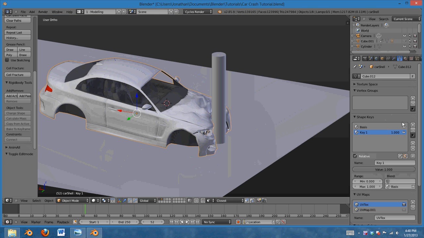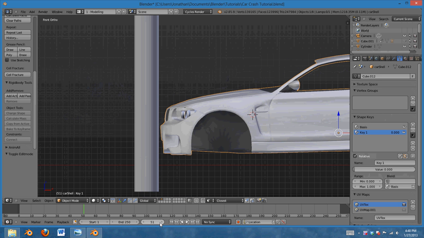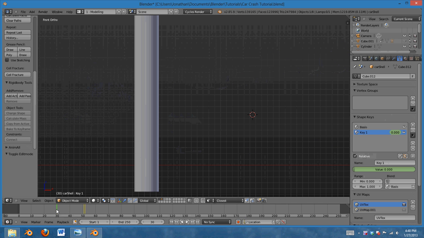So as you can see here, we can slide the damage of the car from like no damage to all the way damage. And if you remember, when we were in side view, we could see that at frame 51, there is no damage whatsoever because it hasn't even hit the pole yet. So when I'm hovering over this value, I'm going to press I, and that sets a keyframe for how much influence it has. And then on frame 52, I'm going to scale this all the way to 1 and hit I as well. And if we play this back, you can see that the car comes and bam,